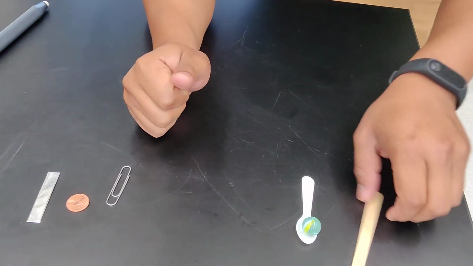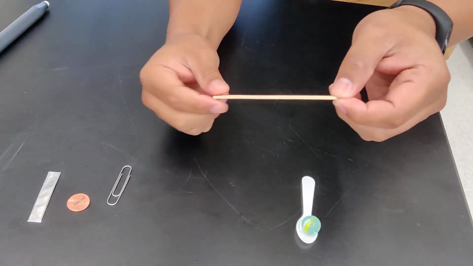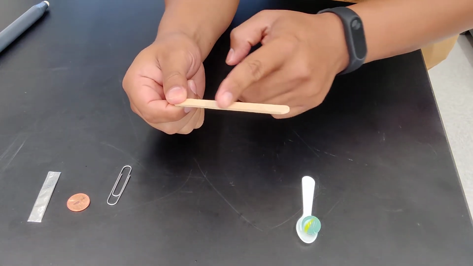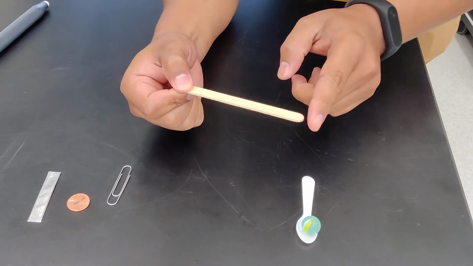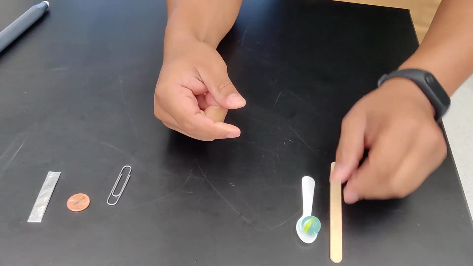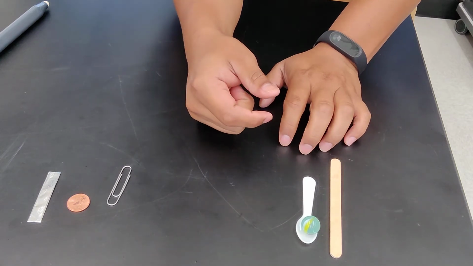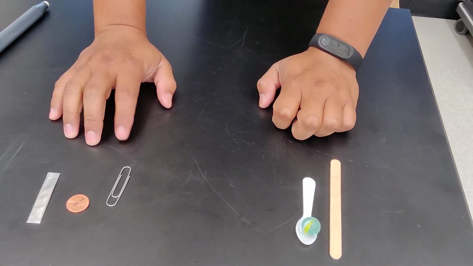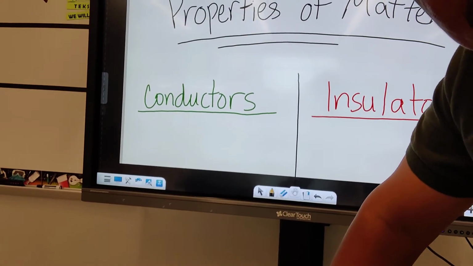the circuit. These right here, instead of allowing it to go from one side to the other, stop it right here, or slow it down enough that it doesn't have enough energy to continue to go around and around and around. So these stop it or slow it down, and these items right here speed it up or allow it to go through easily, right? All right, so looking at my chart,